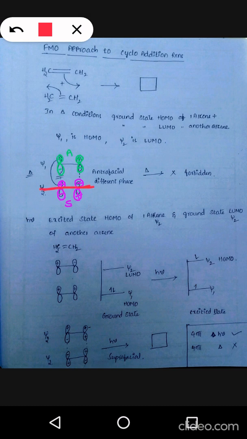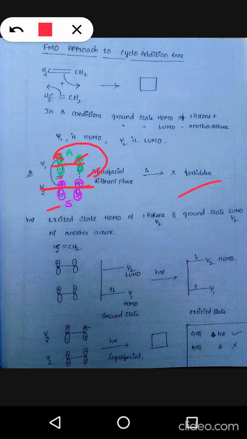So whenever the interacting lobes are on the same side, we call it suprafacial. And for this pi system, this lobe is interacting here, whereas this lobe cannot interact, but this lobe can interact. So interacting lobes are on the opposite side. So when the interacting lobes are on the opposite side, we call it antarafacial. So a suprafacial interaction will always lead to a bonding condition, but when the overlap is between antarafacial and suprafacial, in such case a new bond will not form and bonding does not take place. So the reaction is not possible and we call it forbidden.